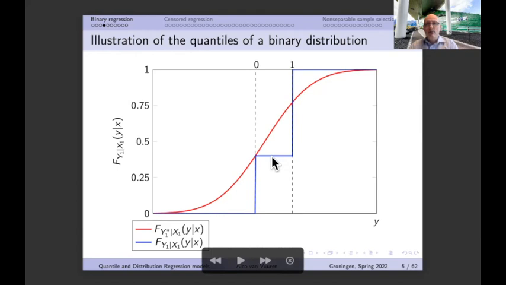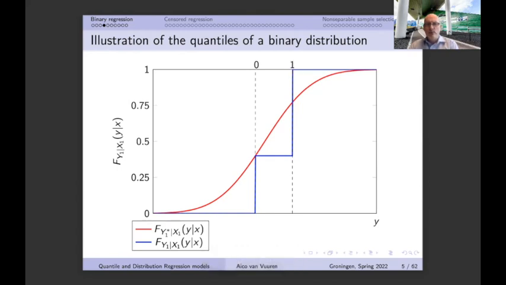For example, at the moment that we're going to look at the probability that y1 is smaller or equal to 1/2, well, that is exactly equal to the probability that y1 is smaller or equal to 0. Because there is no potential outcome between 0 and 1/2 with respect to y1. So therefore, up till 1, nothing actually happens. But then at 1, we're going to see another jump upwards towards 1. That's always the case.